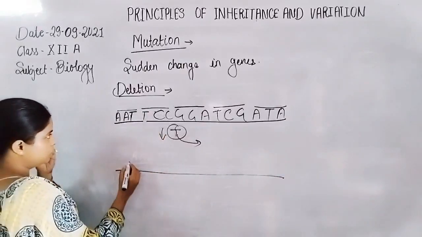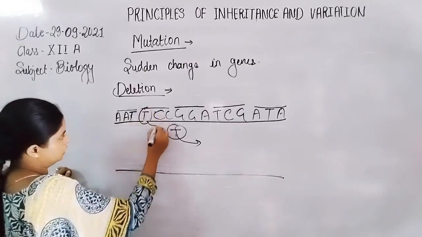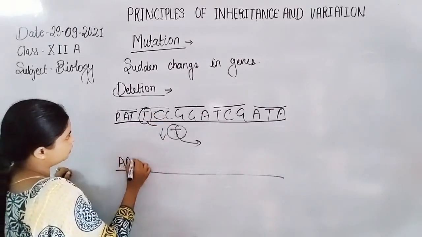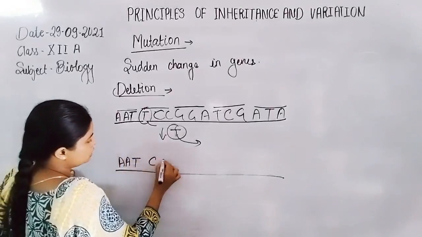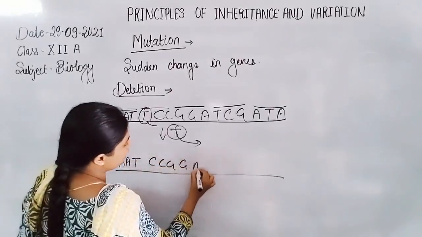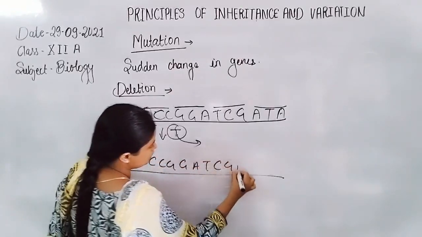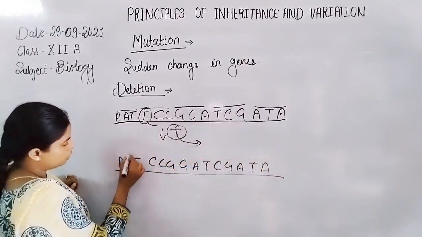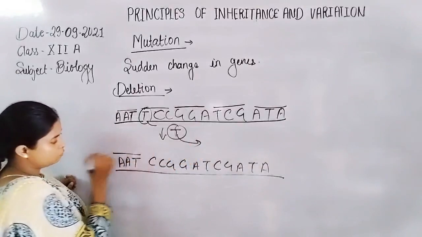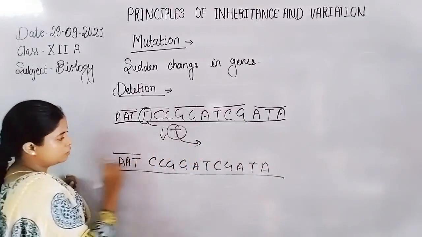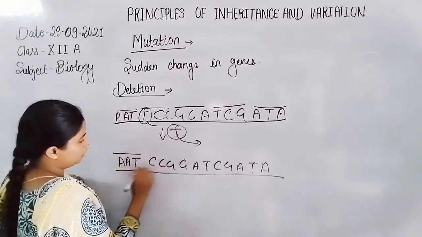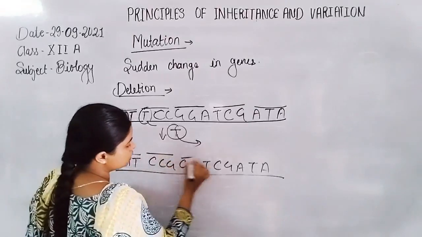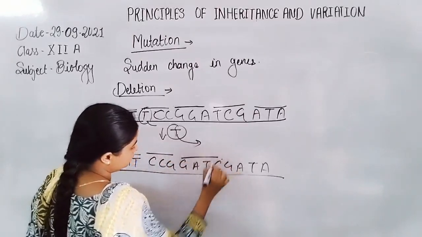After the deletion of this T, the sequence will be AAT, CCG, GAT, CGA, TA. So after deletion, what will be the sequencing of the triplet codons? AAT, CGG, AT, or